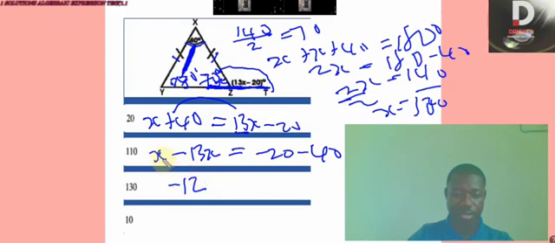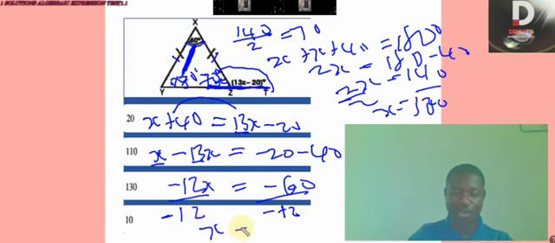Do you agree? This minus that, minus 12. You are owing 13 and you have only one to pay. You still owe that. So minus 12x equals to minus 60. Divide here by minus 12. Take note. Minus 12. Also here by minus 12. So x is equal to, the minus cancels minus. Look at 12, we divided how many times? 12, 5, 60. So x equals,